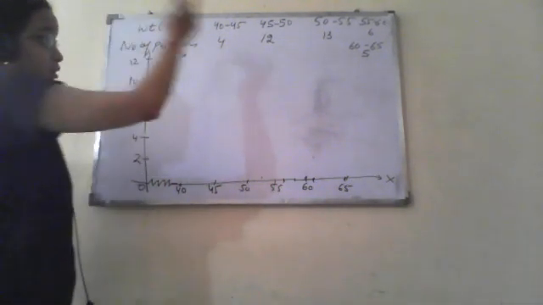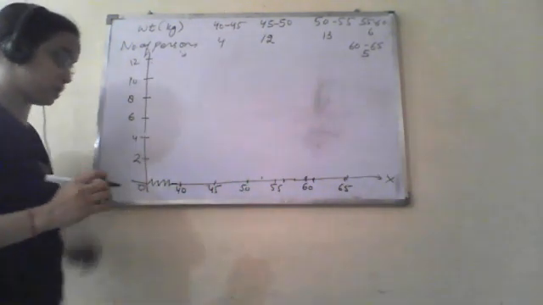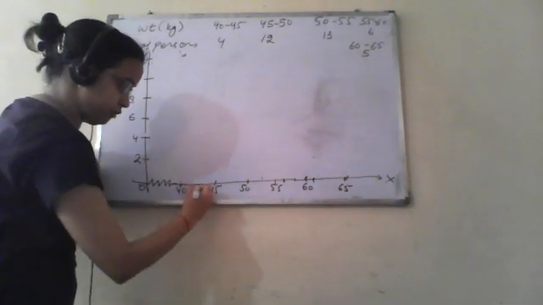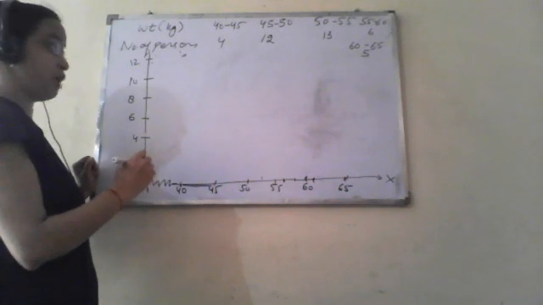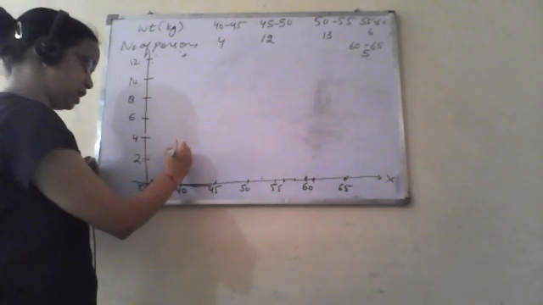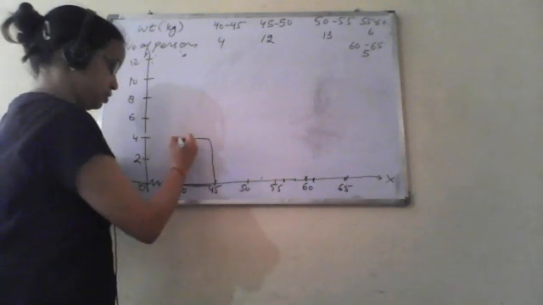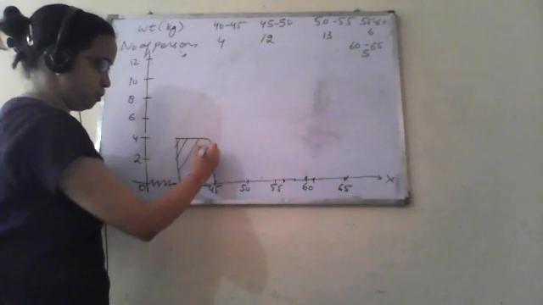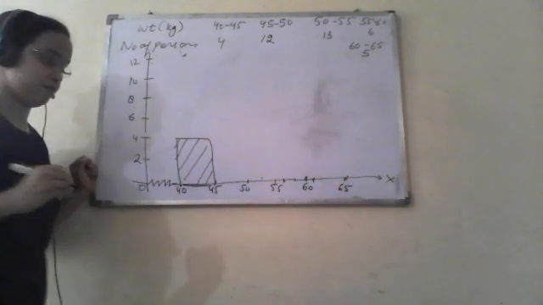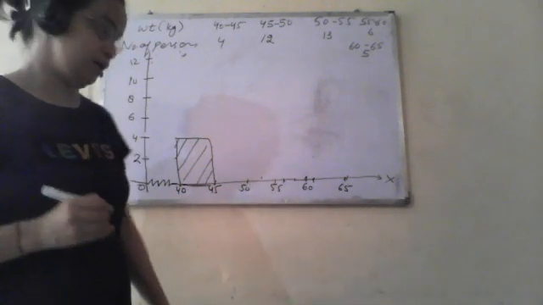So, between 40 to 45, there are 4%. We have this 40 to 45 interval, okay, and we are having 4%. So on the y-axis, our value will lie somewhere here. So we have to plot like a bar graph. It is almost similar to a bar graph, but here it is given in intervals.